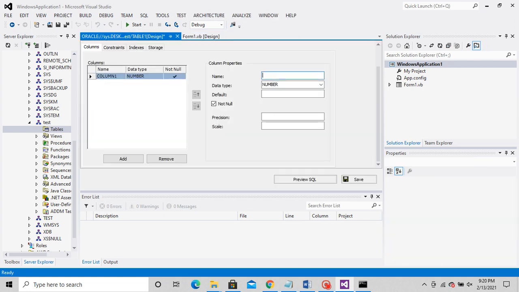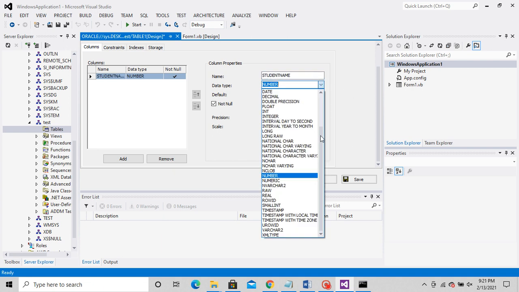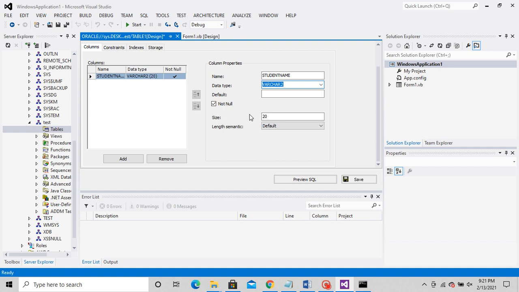So the first column name which I'm going to give is student name. Student name here actually is a text, but I'll keep it simple. Just remember that whatever columns you are creating, just choose varchar2. You see the second last one, choose varchar2. Let the size be 20, I guess it's fine. Then add it. Okay, fine. You can see now here that we have our first column.